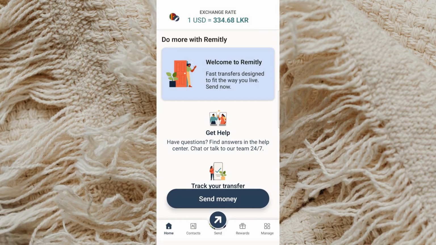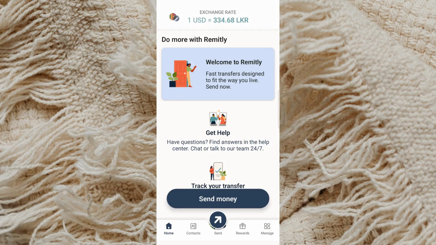In today's video, I'm going to teach you how to send money from the USA to India through Remitly. To get started, open your Remitly account. If you do not have an account yet, make sure you complete the sign-up process first and log in before continuing. Once you are inside the app or website, look toward the top of the screen where you can choose the destination country. Click on the country shown there and select India.